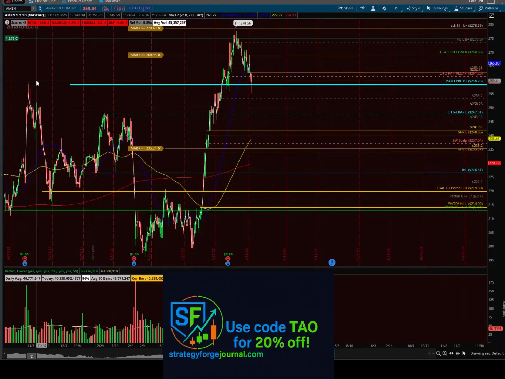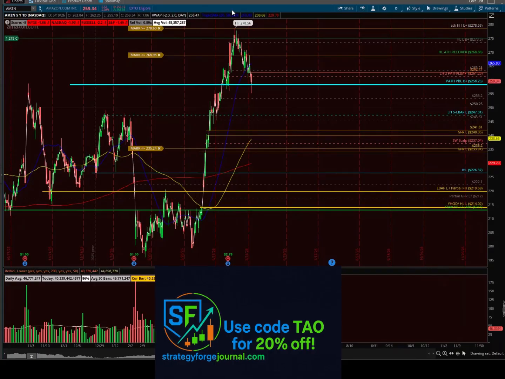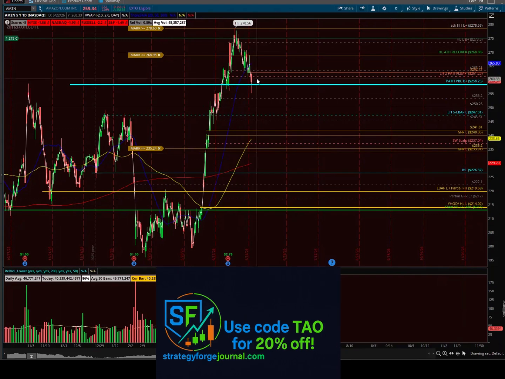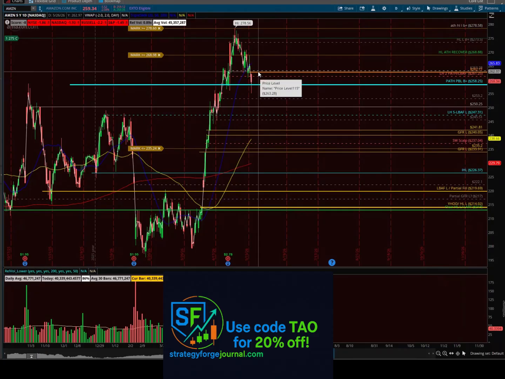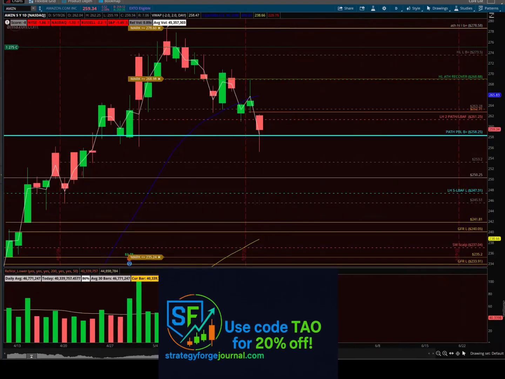The reason why I'm picking this level is it's the previous all-time high. And typically what you'll see is a break over all-time highs, a pullback to the previous all-time high, and then that ends up stepping up and being the higher low on a daily chart